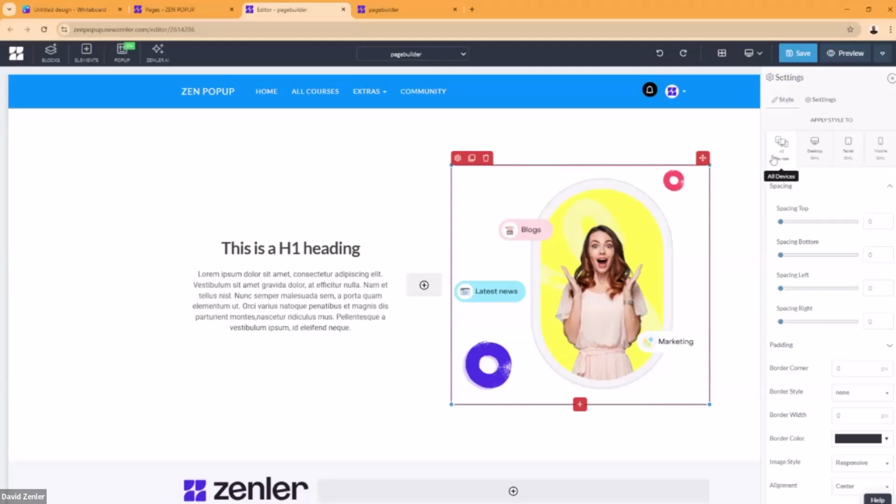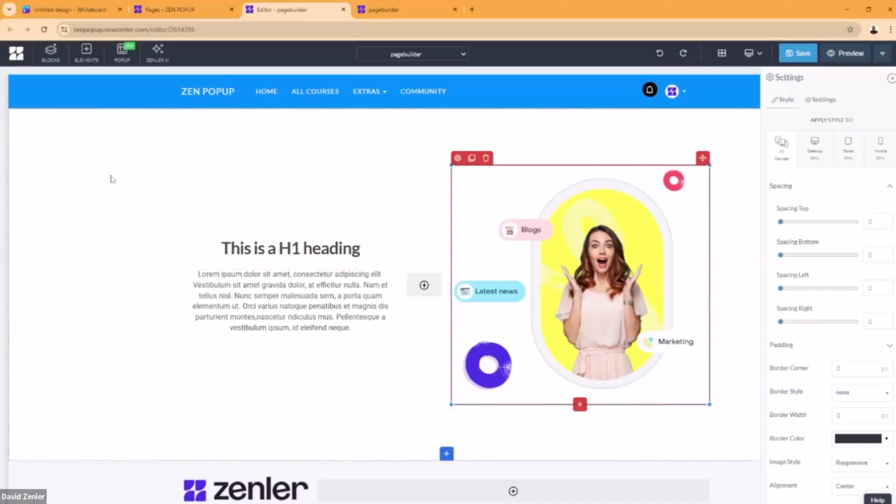But if you are a beginner at doing this stuff, don't play around too much with that, right? Try and get it to work responsively for all devices. That's my big bit of advice for you. I've seen people get really messed up by changing different things per device, all right? And unless you've used this platform a lot and you kind of know more about what you're doing, it can cause a lot of problems.